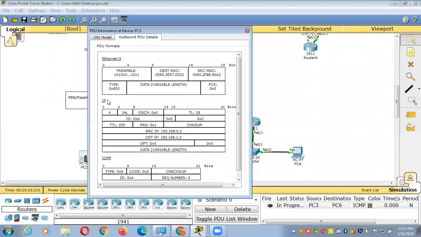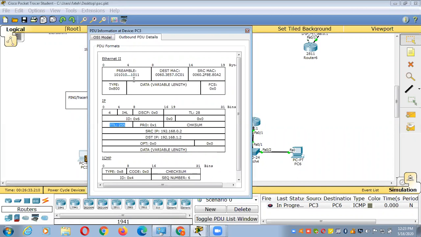See, this is called an IP packet. What is the TTL value here? The TTL is 255. What will TTL do here? TTL will prevent the infinite loop. Try to understand. I have already told you, when you ping an IP which does not exist on the internet, it will create a loop there.